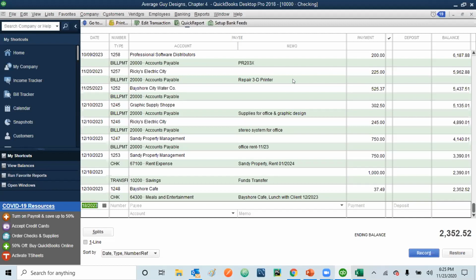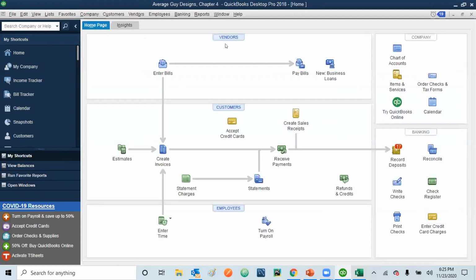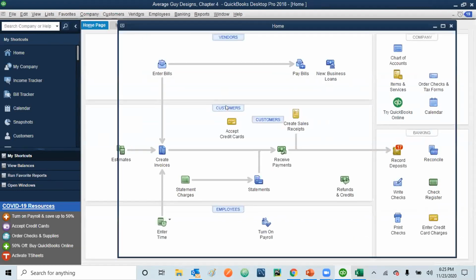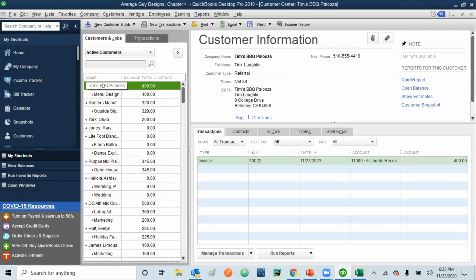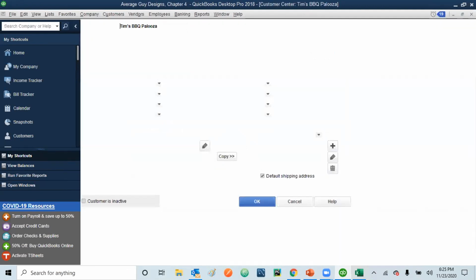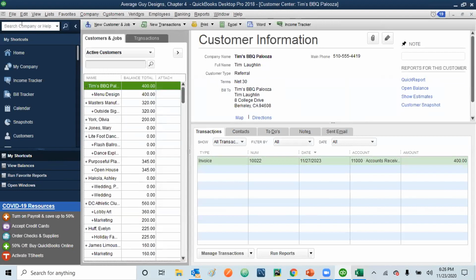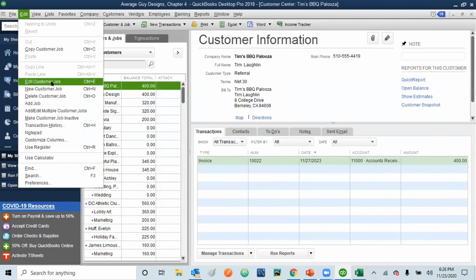The next exercise we are doing here is updating some of the accounts. You can update those accounts the same way. If you remember, when we were working with the customers, we clicked the customers and then selected the customer or vendor, and then simply right clicked. Or you can go up and select the customers, because you are in the customers center, so you are doing all the transactions and those were giving you the option of making changes